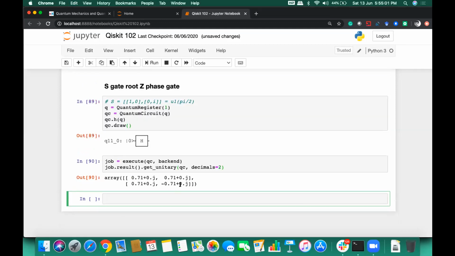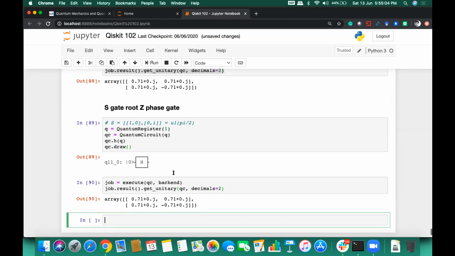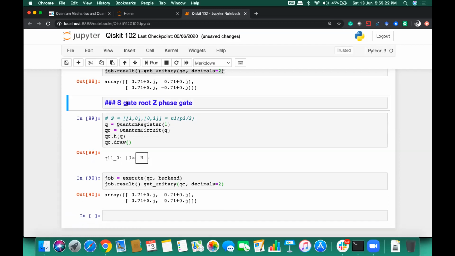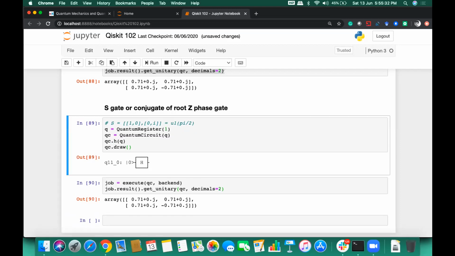You can see here, whatever imaginary part I had there, the whole thing has been taken as the end result basically from the S gate, or this is basically called the conjugate of Z phase gate. Okay.